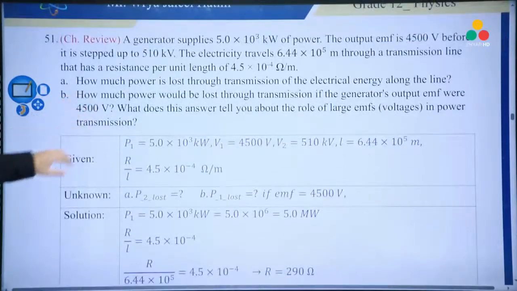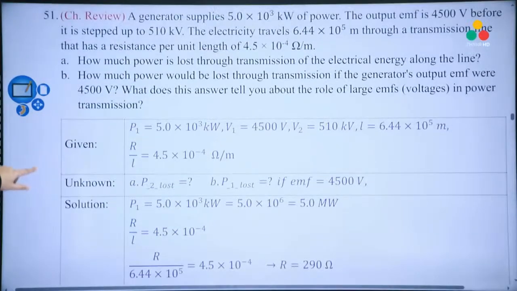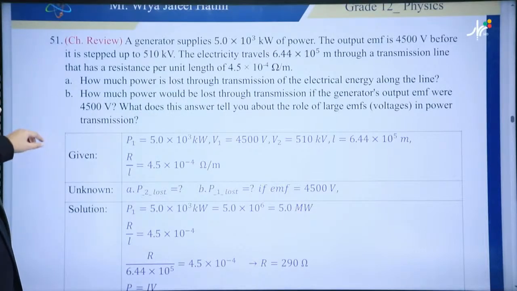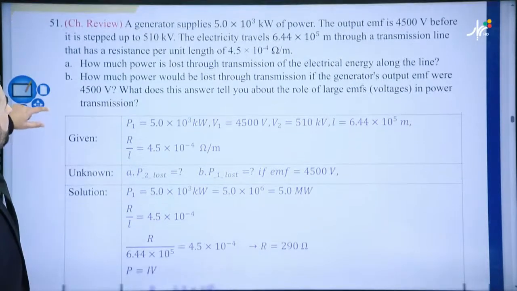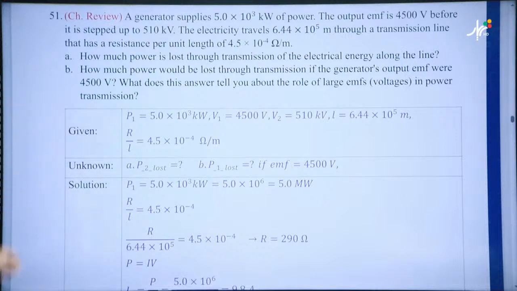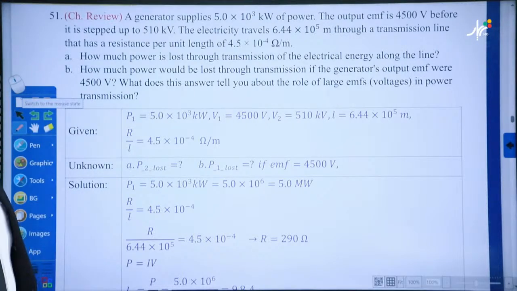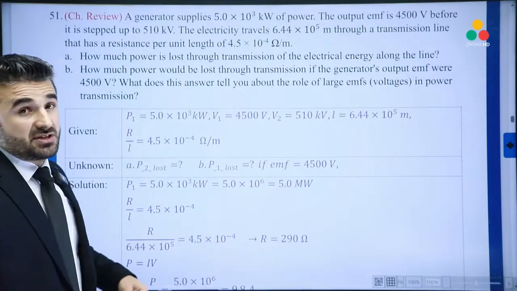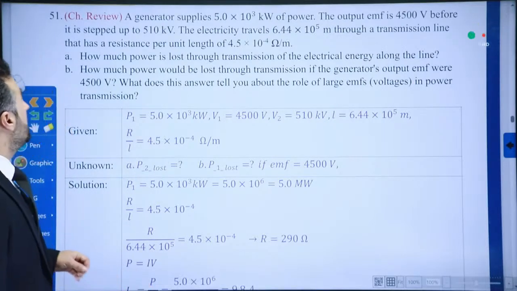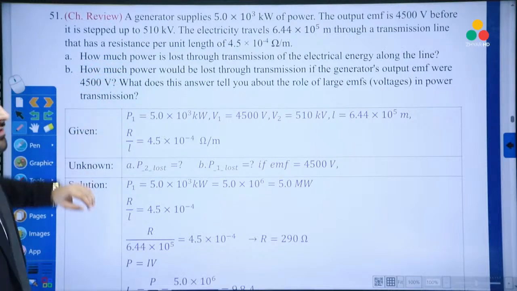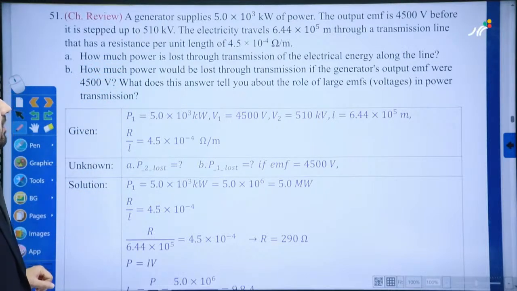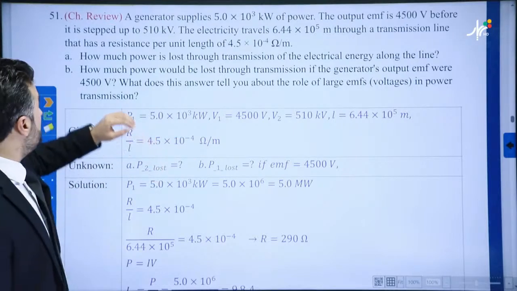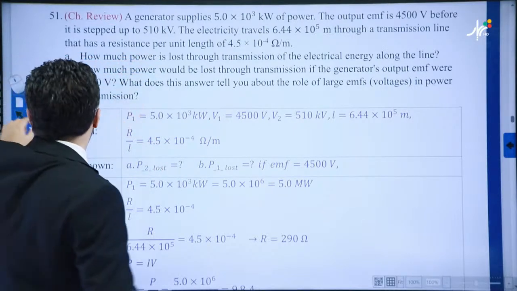Now there's another question which is also very, very important, guys. How do we do this one here? Take a look. It says a generator supplies, let's scroll up just a bit more, 5 times 10 to the power 3 kilowatts of power. The output electromotive force is 4,500 volts before it is stepped up to 510 kilovolt. The electricity travels 6.44 times 10 to the power 5 meter through a transmission line that has a resistance per